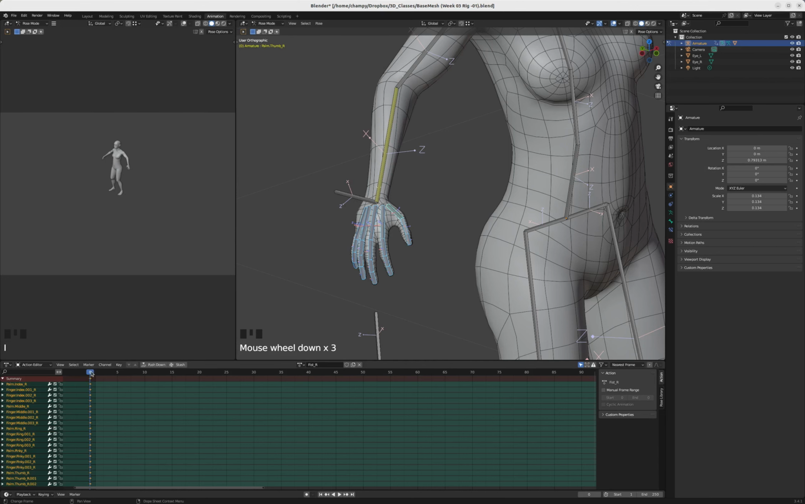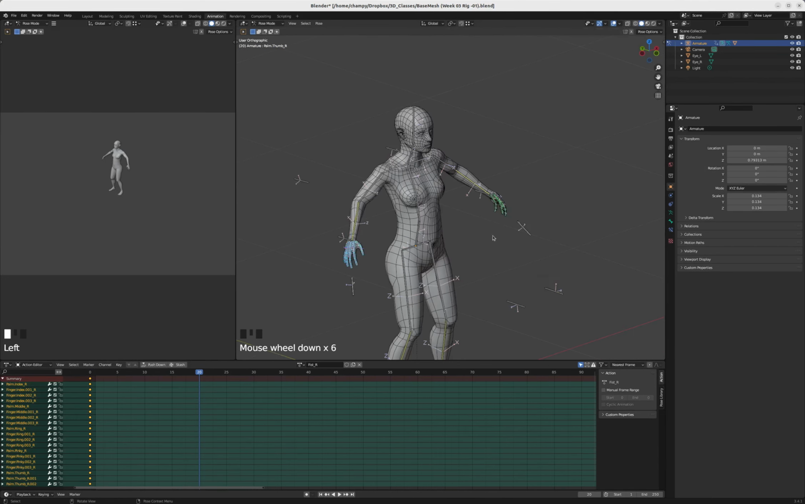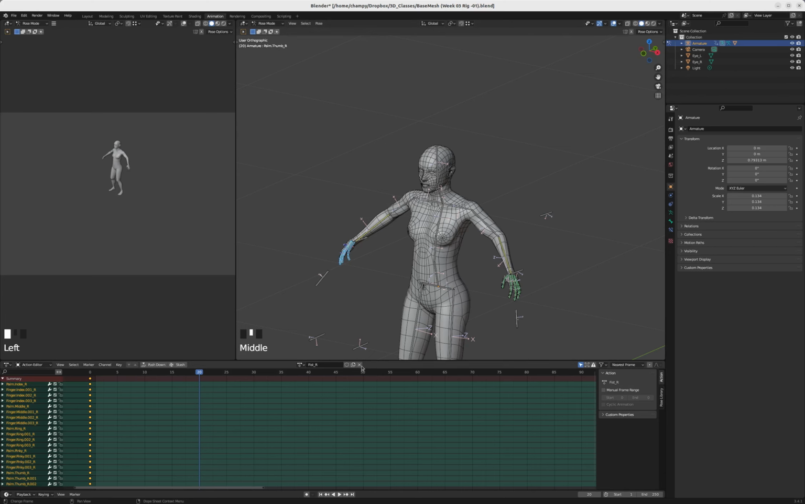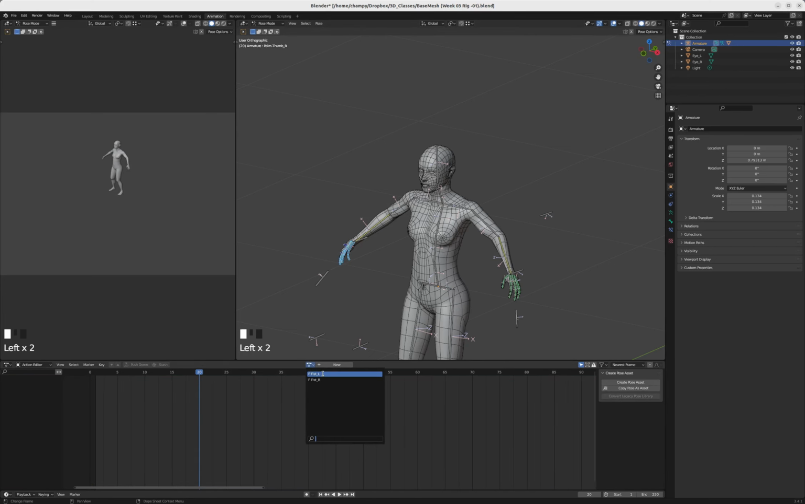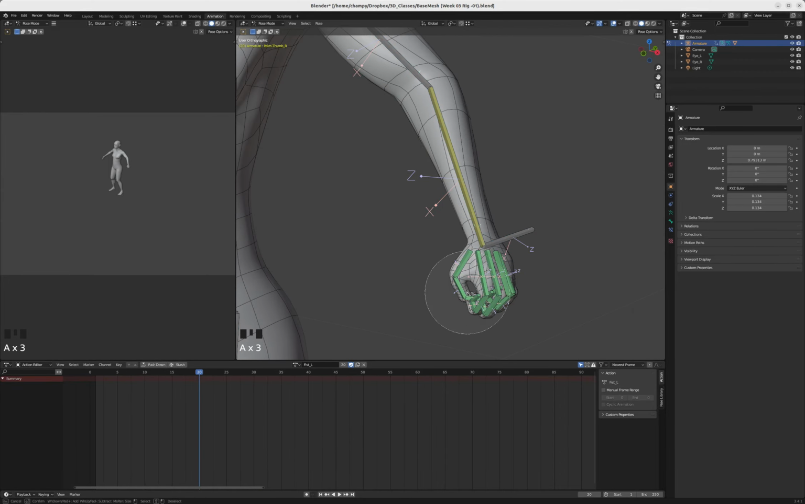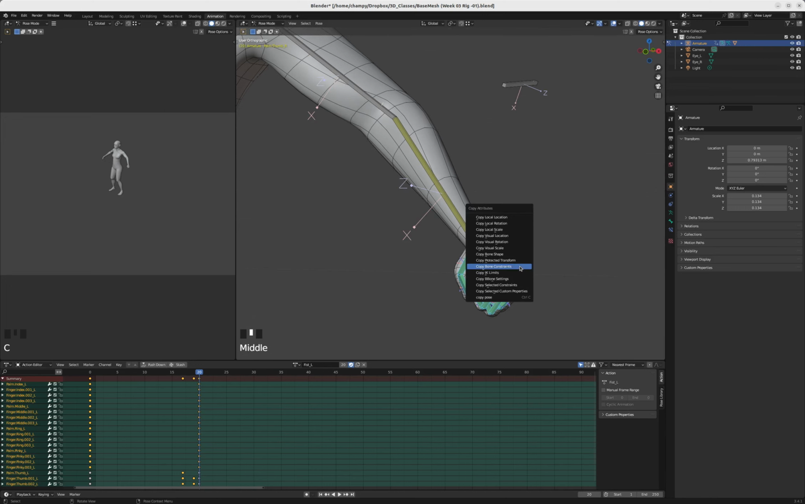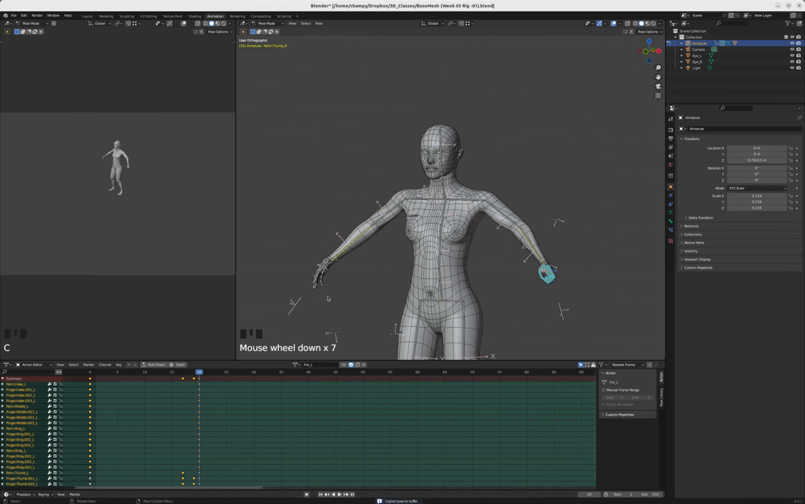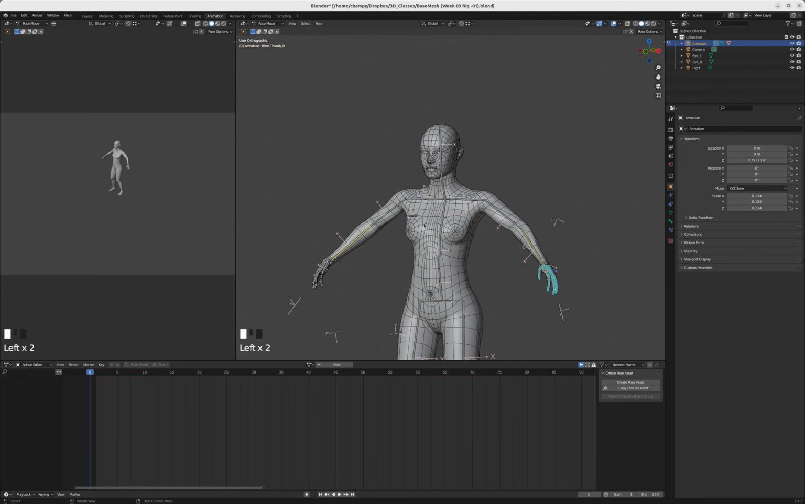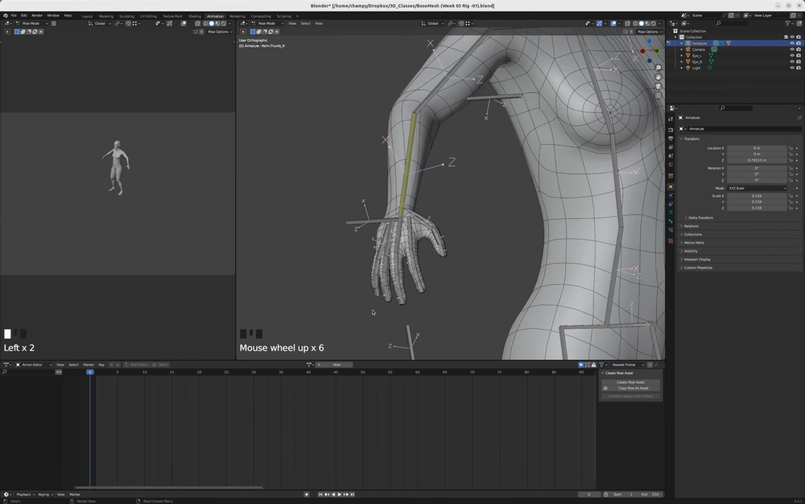We're in fist R now. Go over to frame 20, and let's give this a fake user and put it away. Let's open up fist L, and we'll select all of these bones here. We'll hit Control C, and this time we're just going to copy the pose. And now we'll put this action away. We'll load up our fist R action again and go to frame 20, and we are going to